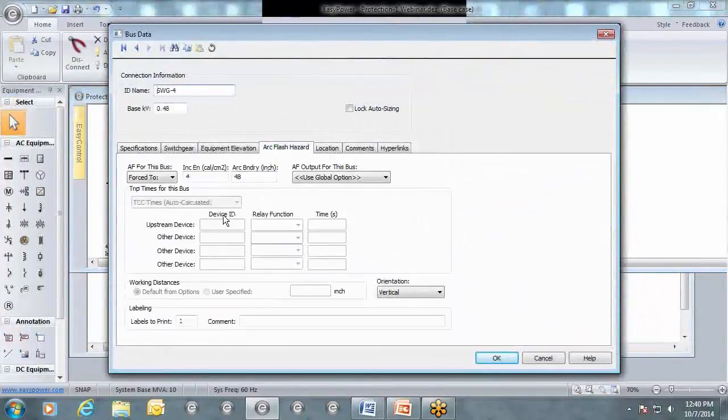Going back to the arc flash tab, if I get rid of this and go back to calculated, you'll also notice that we do have some trip times. By default, we use TCC times as they're auto-calculated, and this will use the TCC and come up with the trip time. You can also